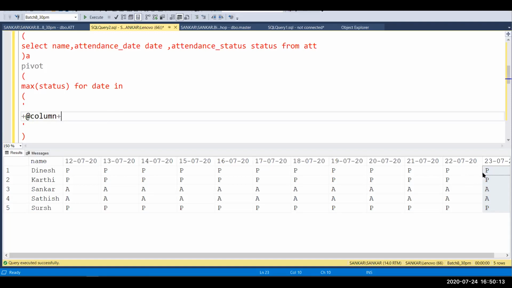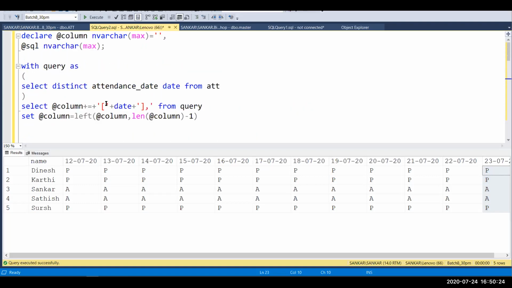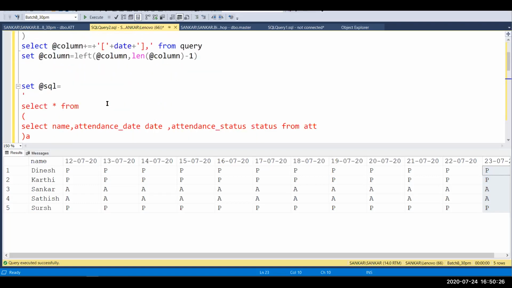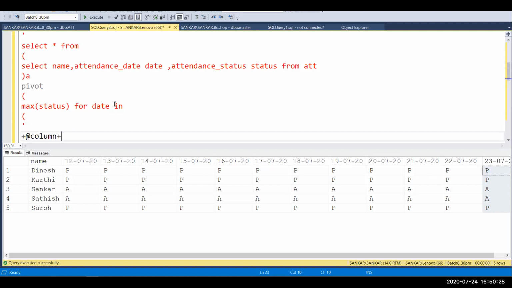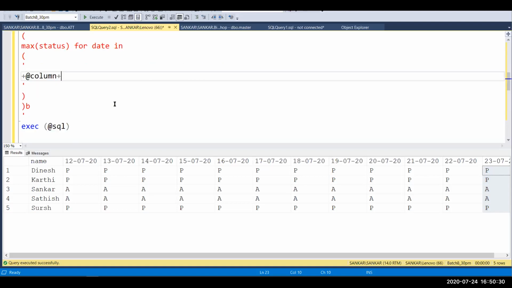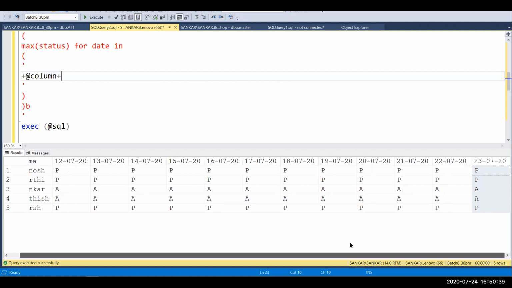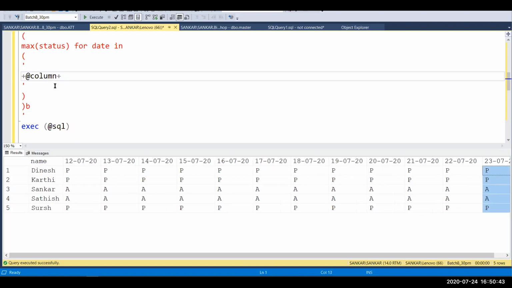If you want to print from 23, you have to mention the 23 dates. If you go with a dynamic query, it is not necessary because it automatically fetches the data from your table and easily converts it into the column value. This is a dynamic query.